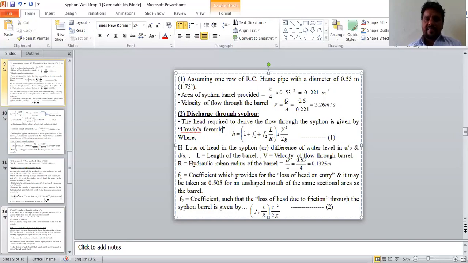Hydraulic mean radius of the barrel, this term you might know, right? It is area to wetted perimeter. So what is area, what is perimeter? Your barrel is circular, so substitute everything. Area is